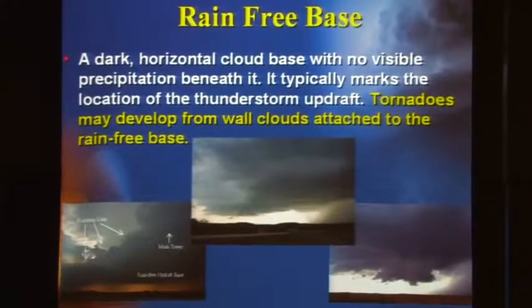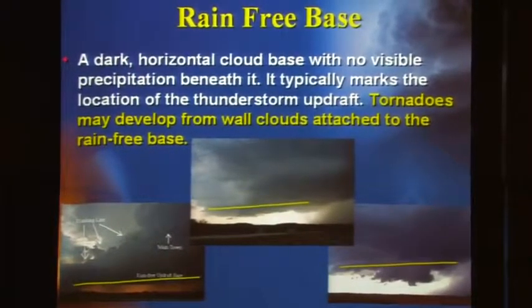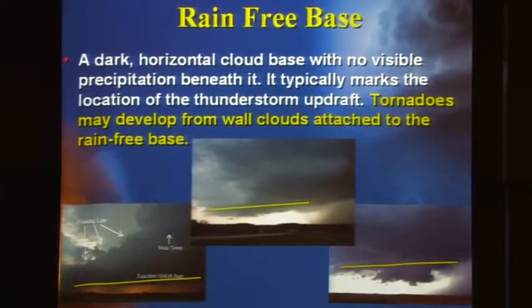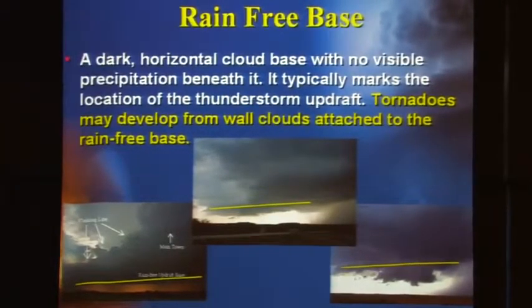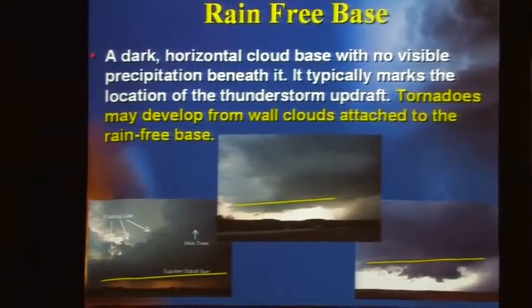That lowering of the cloud base that may eventually rotate and eventually produce a tornado. It initially starts out as a rain-free cloud base, which simply is a representation of where the updrafting of the air is taking place. And because the air is rising, generally in most cases, no precipitation is falling from that zone, and that allows you to see the cloud base quite distinctly, like you can see here